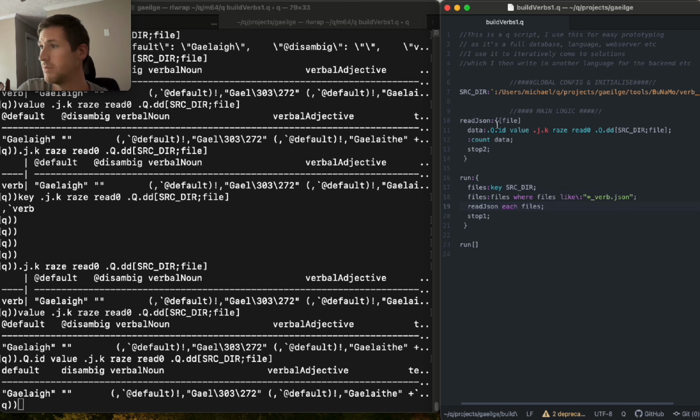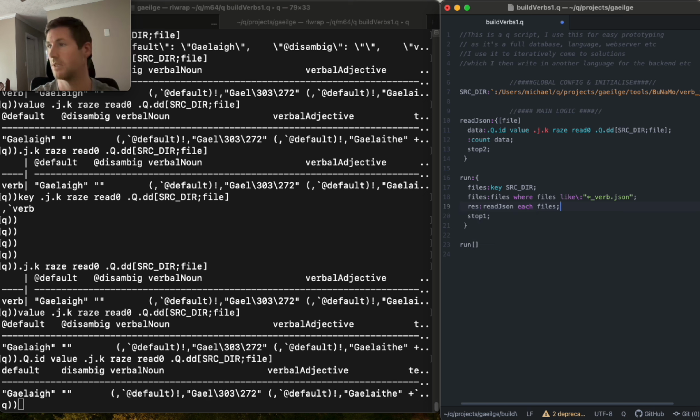And as each file is passed in, it's pushing out the count of data, where data is this table that we just extracted from the source file. So it will be pushed out of this function, and we want to push it into our own variable. The output of this will be pushed out to the left to whatever's on the left, be it a calling function or just a variable name like